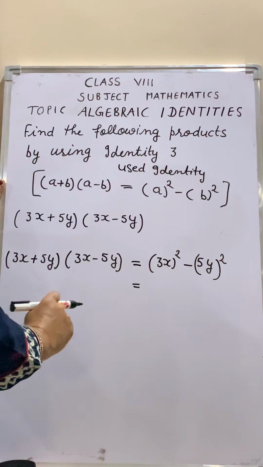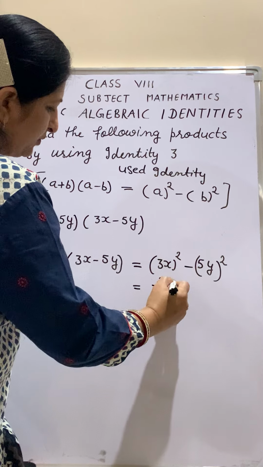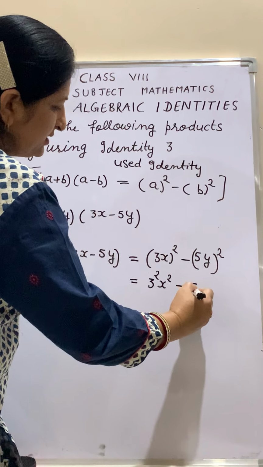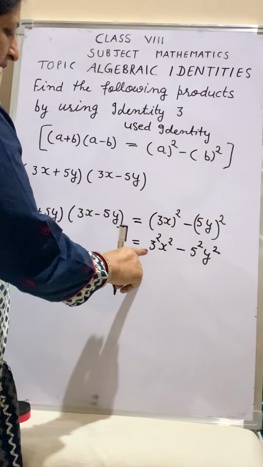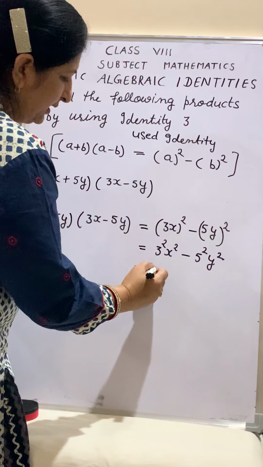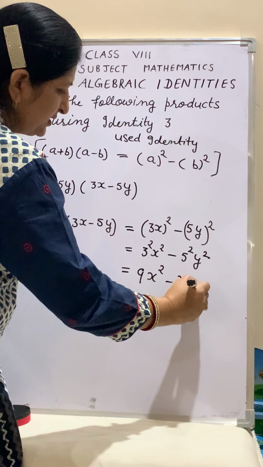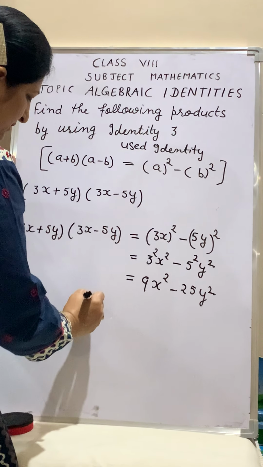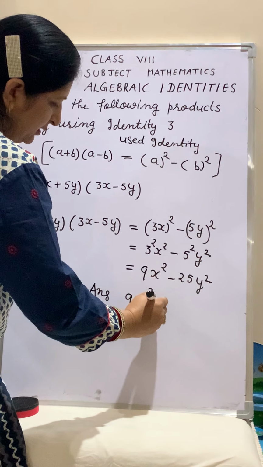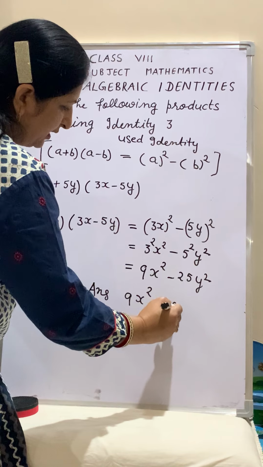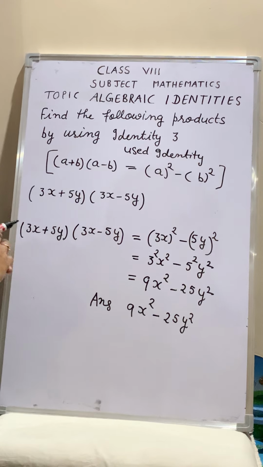Now we will solve. It means 3 raised to power 2, x raised to power 2, minus 5 raised to power 2, y raised to power 2. 3 raised to power 2 means 3 multiplied by 3, it is 9. 9x raised to power 2 minus 25y raised to power 2. It is the answer. Second example,